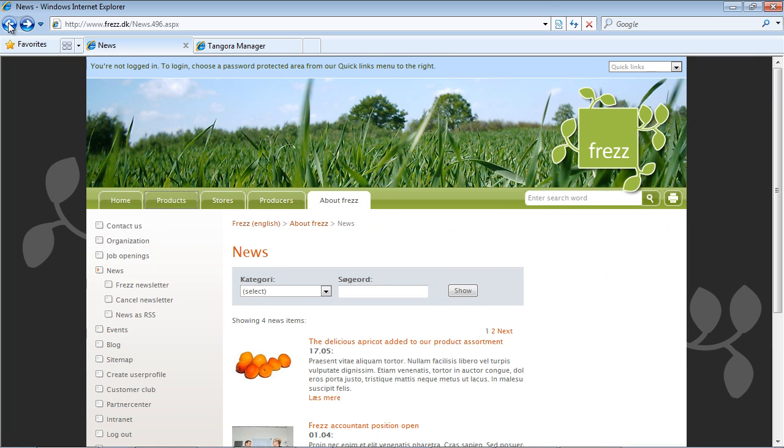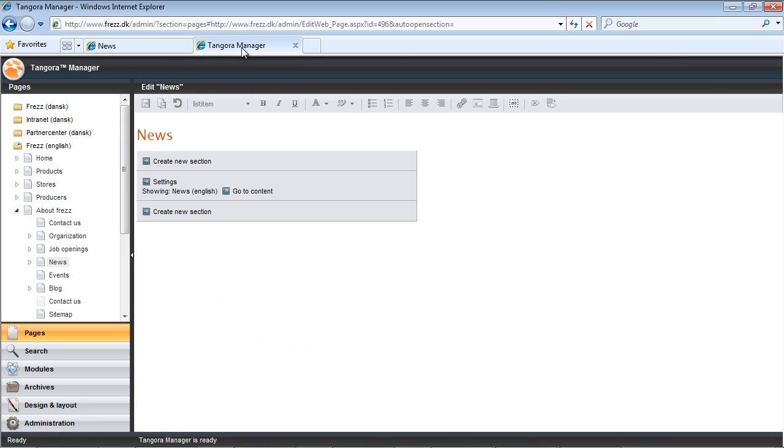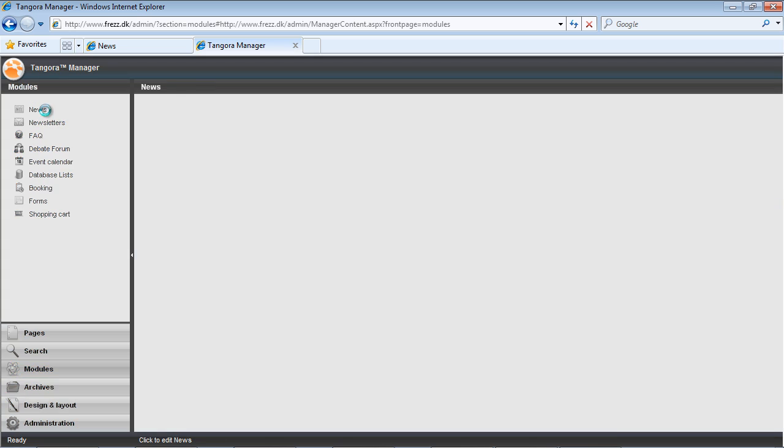But now let's roll up our sleeves and create a news item in Tangora Manager and see how we could publish this news item. As I've shown, I may have different places where I show my news items, and the definitions of how I display my news are defined in the Pages area. But once these rules have been set up, I'll probably spend most of my time working with the central data. To do this, I'll go into the Modules area and choose News, and then I'll click on the news database News English.